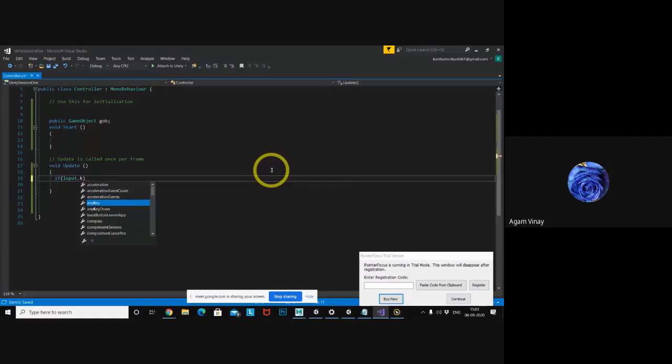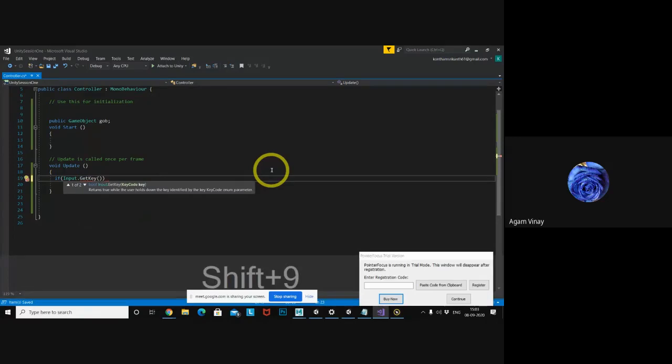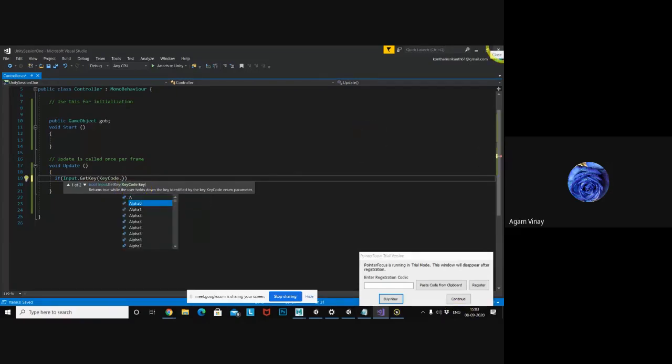So I need GetKey. What does it expect? It expects a KeyCode. So I write KeyCode dot, and any key you can give here: A, alpha, asterisk, ampersand, alt, B, backslash, break, backspace, caps lock, clear, colon, comma. Whatever key you want, you can assign here. Delete. So I just want to give the letter M.